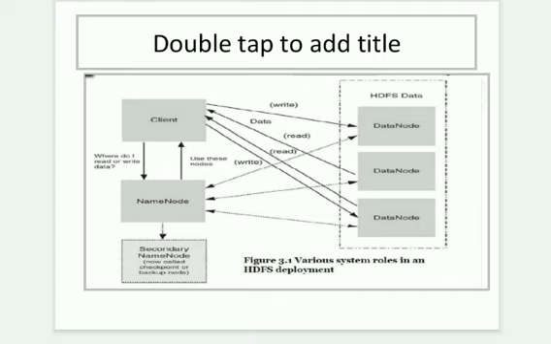Now it is the job of the data node. For example, your client has written to data node 1. Now it is the job of that data node to copy the same data to some other data node. That is a replica. As I told you earlier, a replica is nothing but copying the same data into some other rack or some other data node, where we can take a backup.